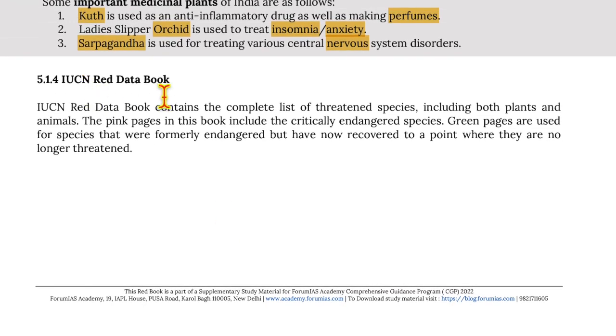Now, moving on to IUCN Red Data Book. IUCN Red Data Book contains the complete list of threatened species, including both plant and animal. The pink pages in this book include critically endangered species. Green pages are used for species that were formerly endangered but have now recovered to a point where they are